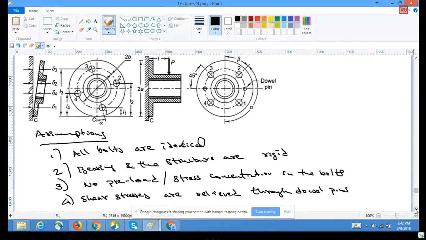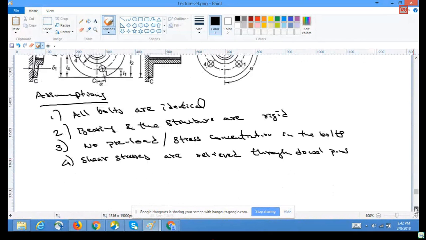So with this assumption, again we know that the direct shear